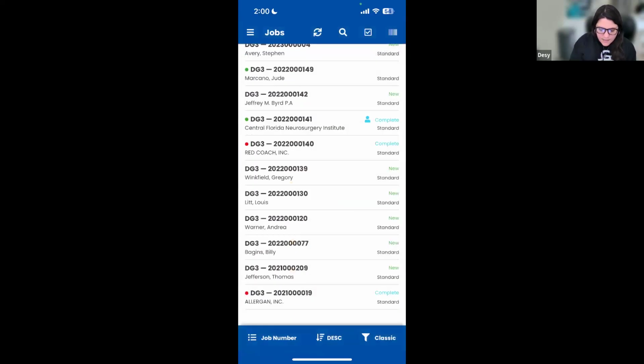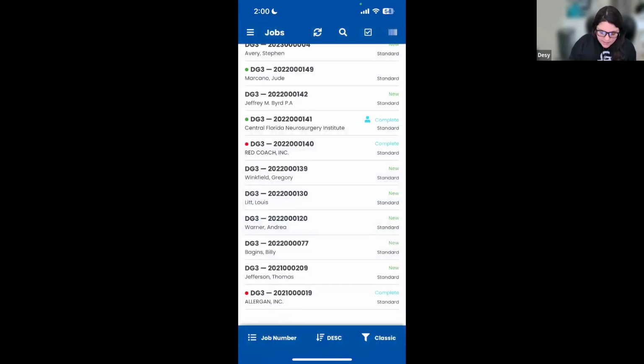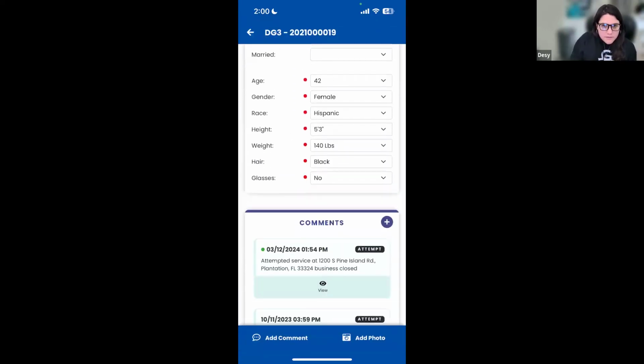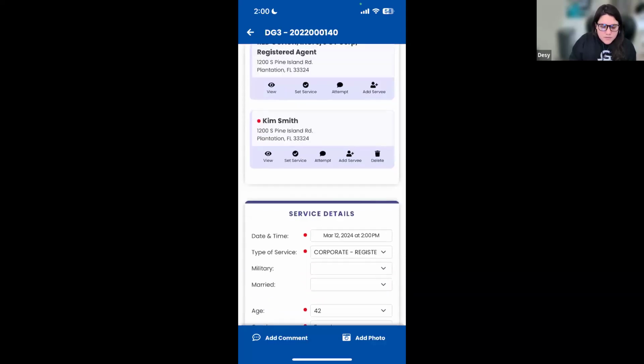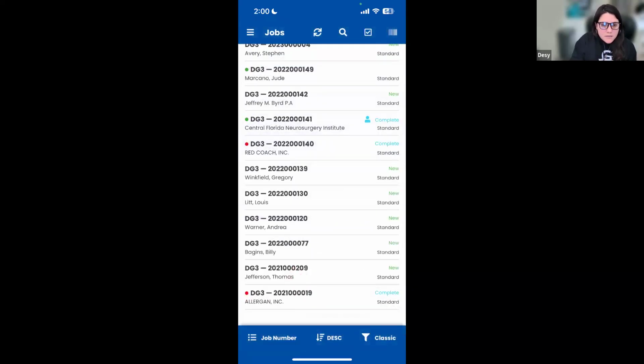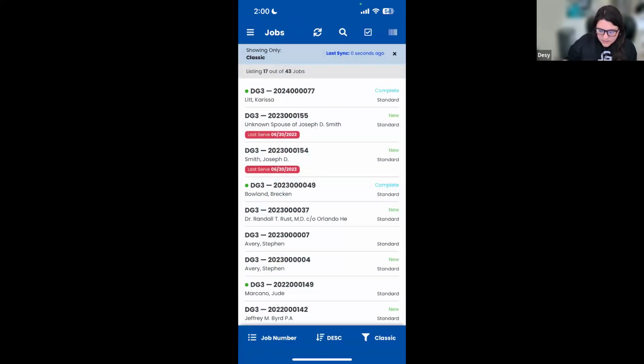Gonna hit save. And then if I go into each job, just so that you can see, there she is, she's added for that. And there she is, she's added for the second job. And this also has the service details on both jobs. So that way you don't have to go into each job and fill it out individually. So I'm just gonna go ahead and sync that information so that way it gets to the database. So that's how you edit multiple jobs